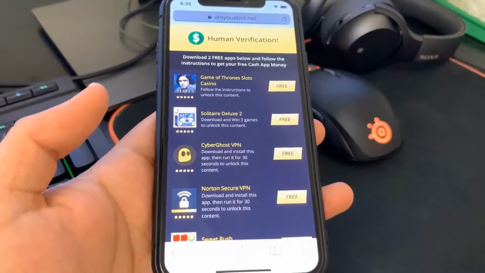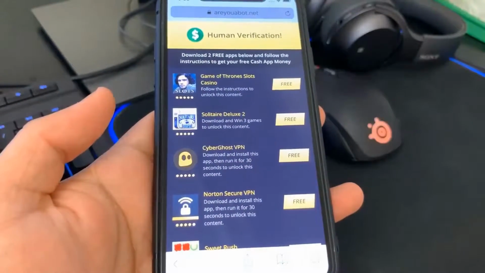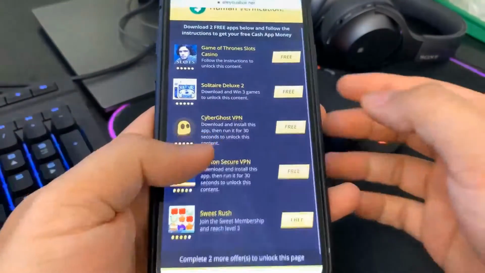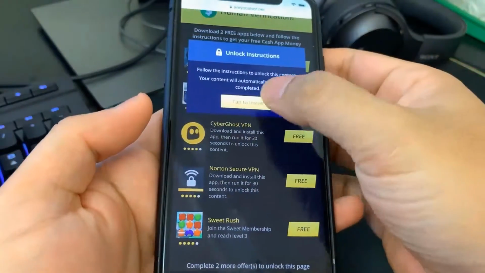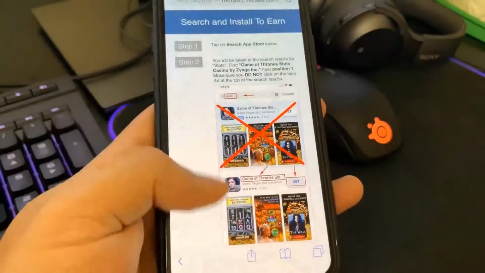All you have to do is install 2 apps from this list and follow the instructions below each app you install. Alright, so for the first step, we're going to go ahead and install Game of Thrones Slots Casino. So we're going to hit that app and it's going to redirect us to